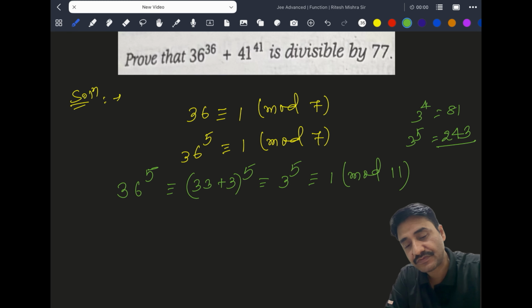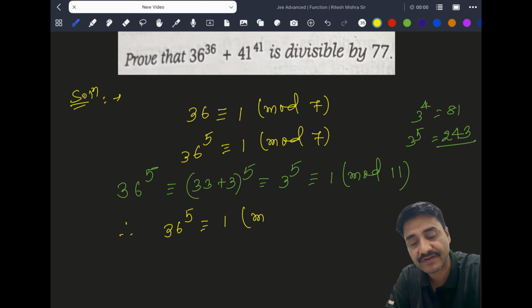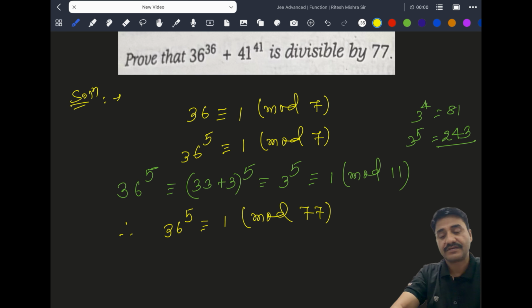Okay, this means what? This means when 36 raised to 5 is divided by 77, it will leave remainder 1. Understood? Now